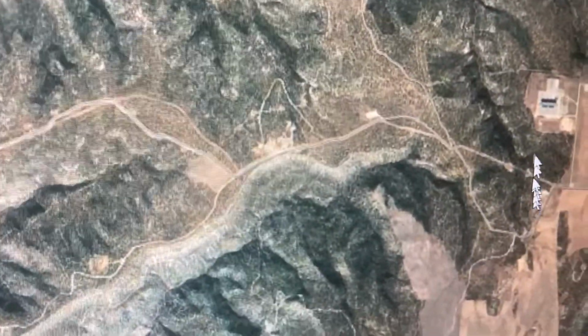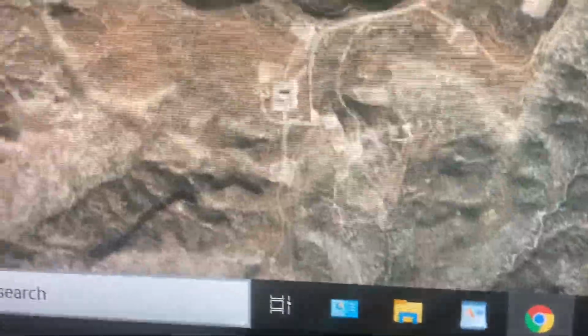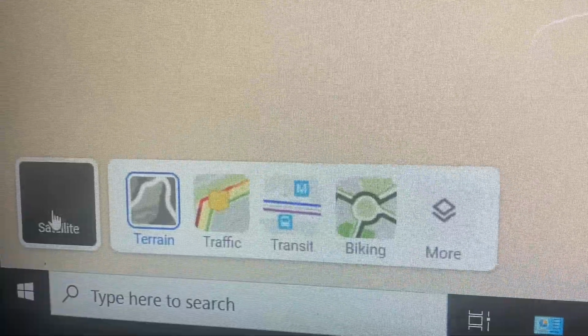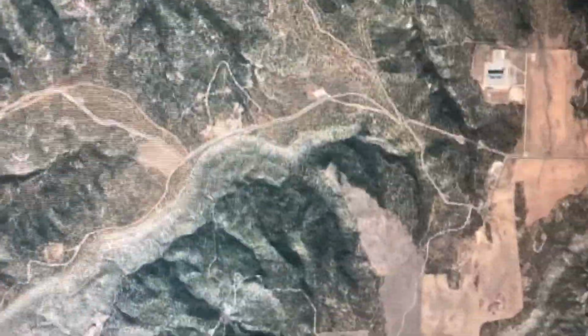Okay, this is how you use Google Maps to help you navigate. You go into the tab for layers, and right now it's under satellite. So if you go to terrain, it kind of looks like this. Just go to satellite, and